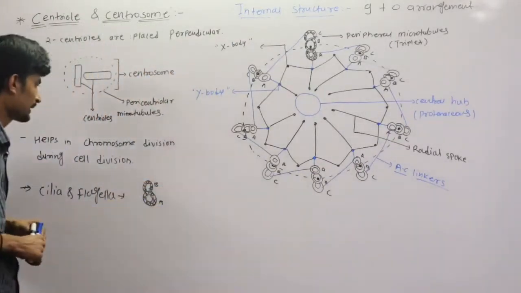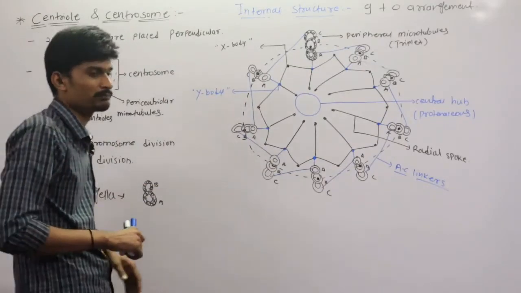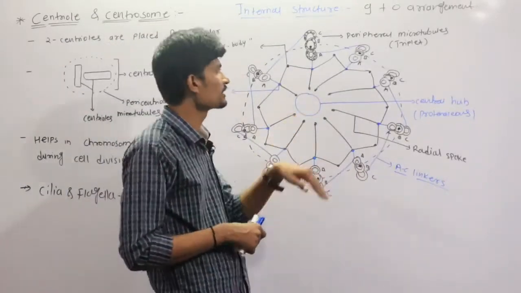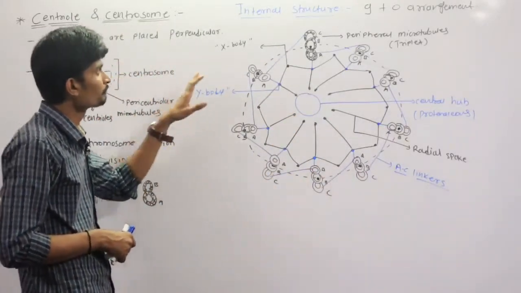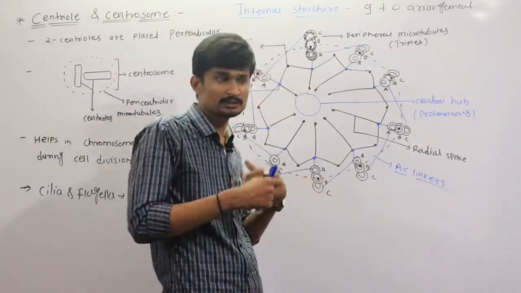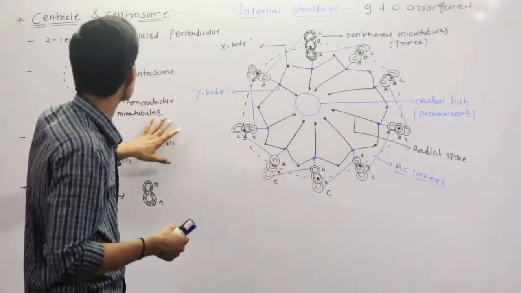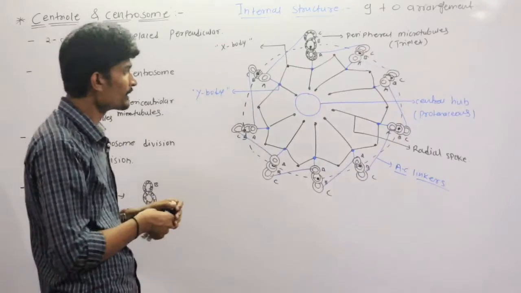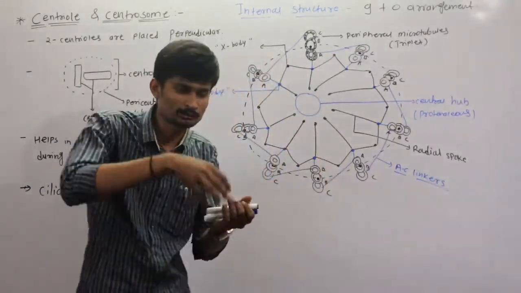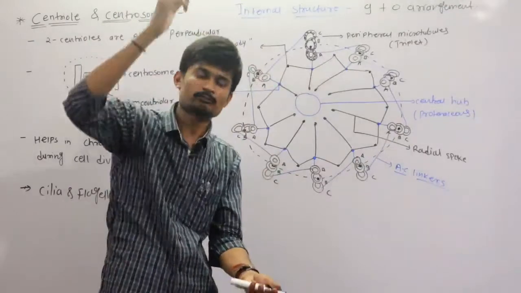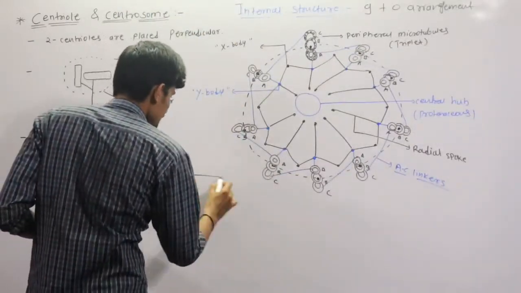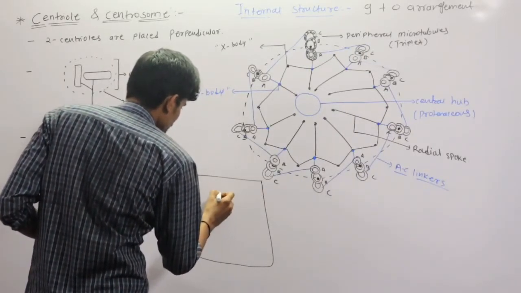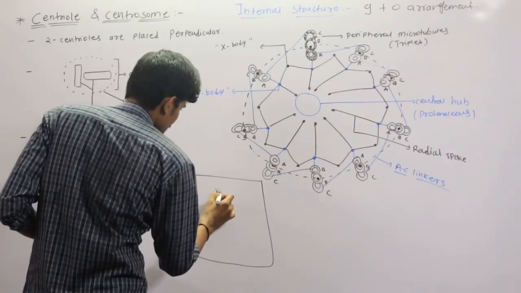But the difference now is that in the cilia and flagella, which help in the movement, in the locomotion of the organisms. But these centrioles which are present in the cells do not help in movement. These centrioles only help during chromosome division, during cell division. Meaning from these centrioles arise the fibers, like this. Suppose this is the cell and this is the nucleus, and here is present the centriole.